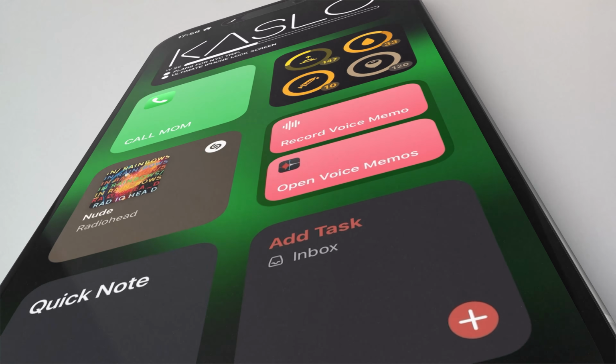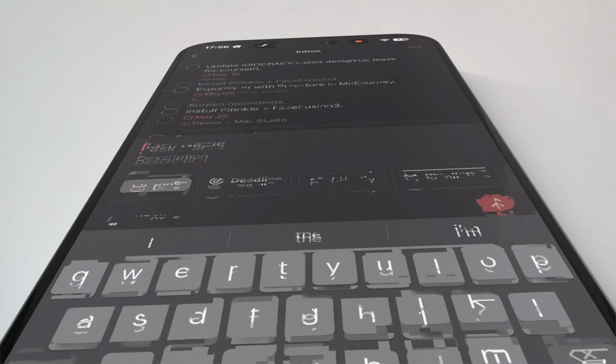And similarly on the right, if I think of something that needs to get done, I tap here to quickly add it to my inbox in Todoist. All right, to wrap up my ultimate lock screen,